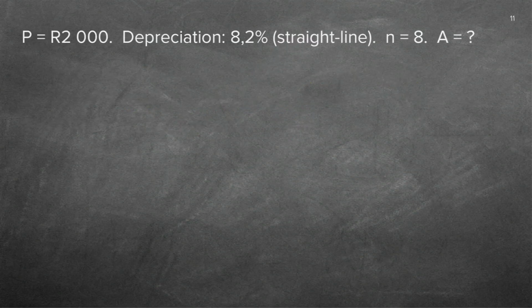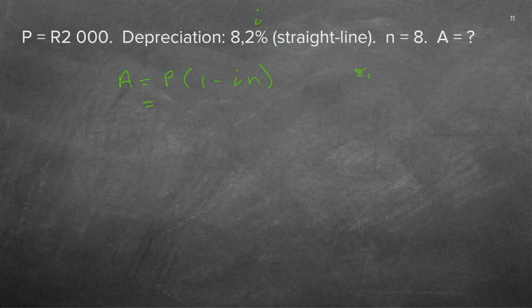Because it's depreciation, I need the minus formula. So it's P(1 minus iN). Be very careful. If you now use the plus formula, you're going to get the wrong answer. Because the principle is that you must know when to use the depreciation, going down, so less, that's why there's a minus, or when to use the plus one, simple interest that grows. Good. So now we can just start filling it in. We already said there's the P and the N and the A and there's the i.